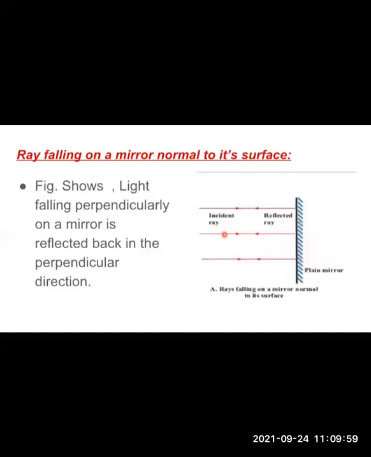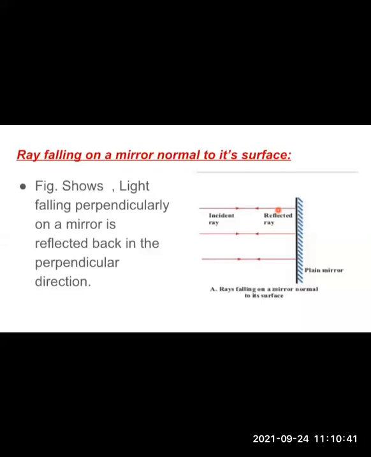Now see, the symbol for the plane mirror is a vertical line, and the inclined blue lines are going to be the backside of the mirror. This is how a mirror is depicted when you are drawing a ray diagram. Here an incident ray is falling on the surface of the plane mirror. It is exactly normal, at an angle of 90 degrees with the surface of the plane mirror.